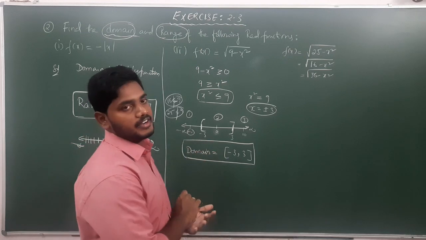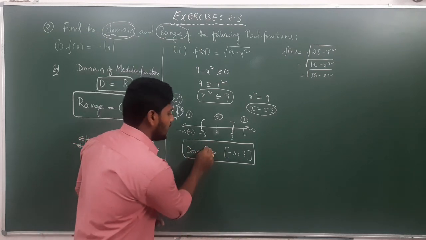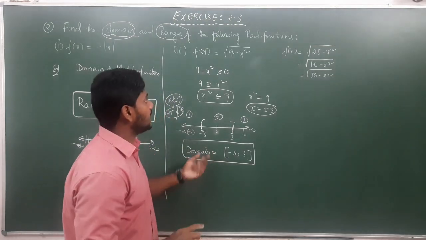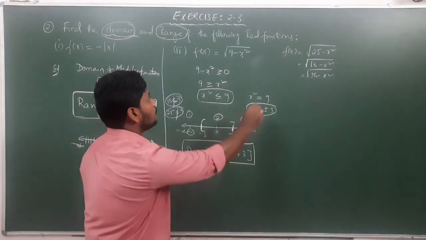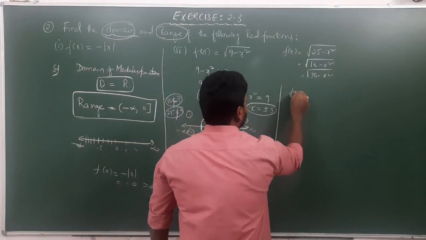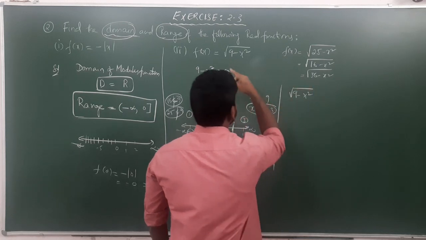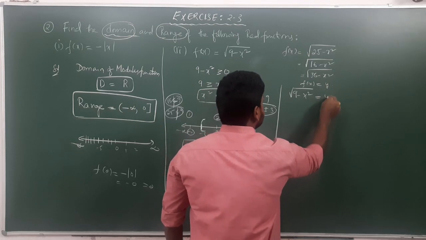Now how to find range? You observe one thing. Domain means x values. What is range? Range means y values. So how will you get the y value? See here, square root of 9 minus x square is a function. Nothing but you can write f of x equal to y. So if you consider this as y,